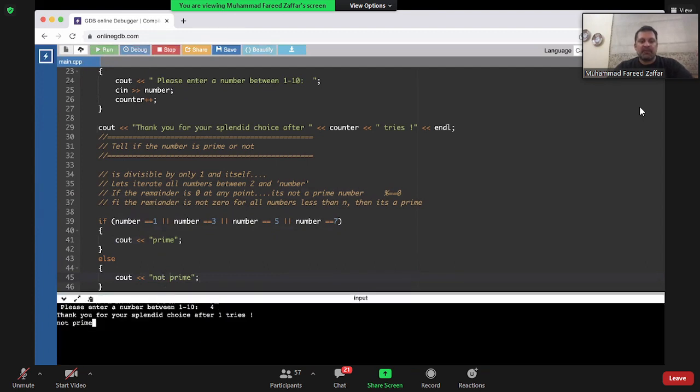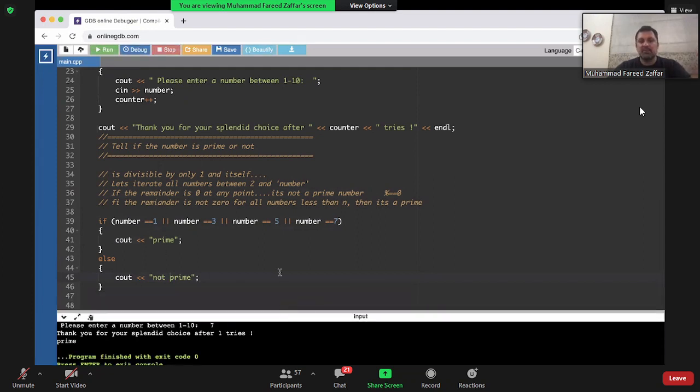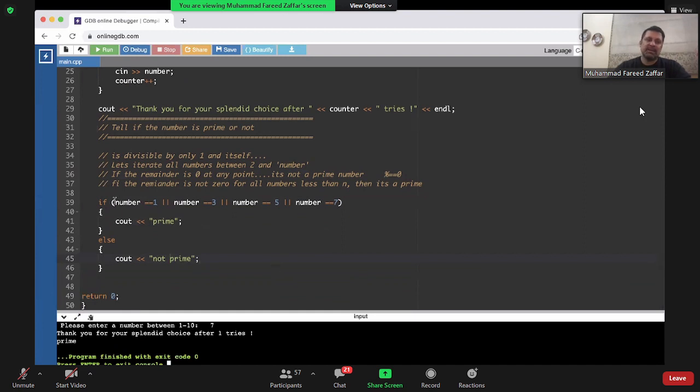So if I say 4, it's going to say not prime, and if I say 7, it's going to say prime, right? And this is the wrong way of doing it, because it's only going to work for numbers less than 10, because I can hard code them. This is called hard coding, by the way. So let's not do this.